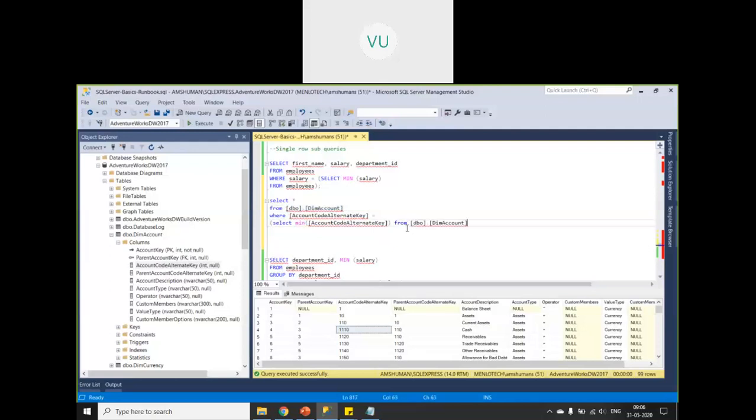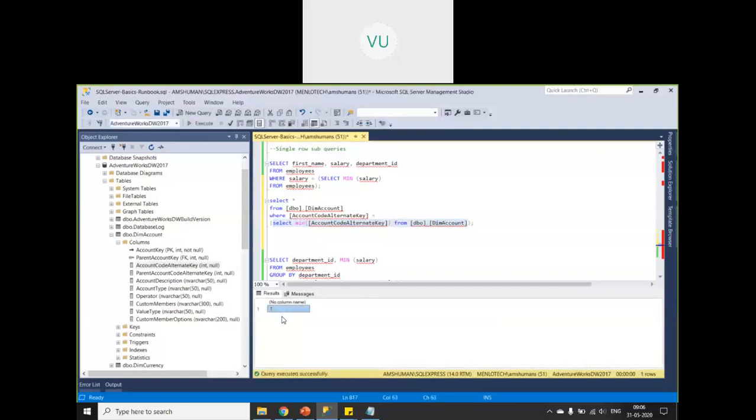Let us deconstruct this. When I say select min of this value from this table and execute, what is the value I'm getting? 1. So first it will execute this inner query and return 1. Then it will apply 1 in this where condition. Whatever records are matching this minimum value, it will return.